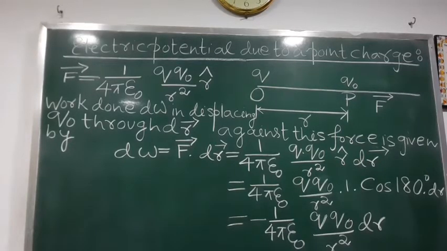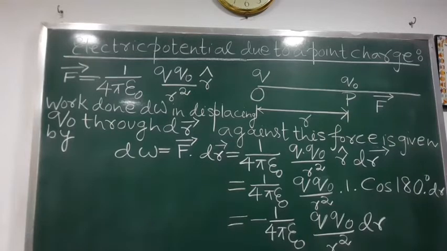So from Coulomb's law, we know F vector equals 1 by 4 pi epsilon naught Q Q naught by R square, where epsilon naught is the permittivity of free space. Therefore, work done dW in displacing Q naught through R vector against this force is given by